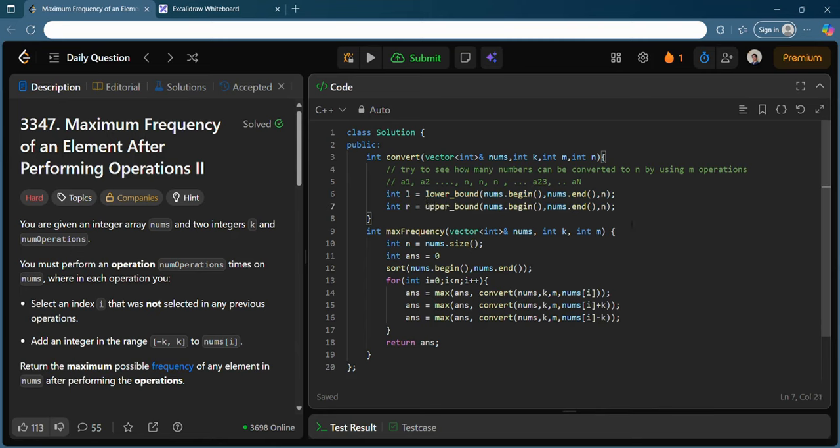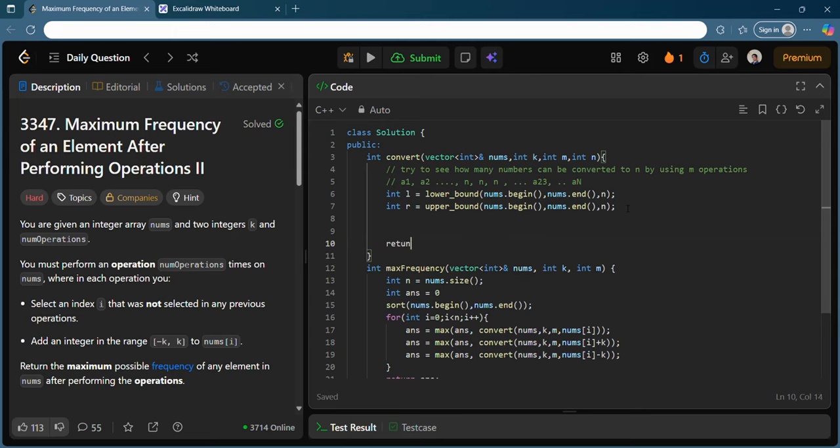Since lower bound or upper bound returns an iterator, in order to get the index I will subtract nums.begin.